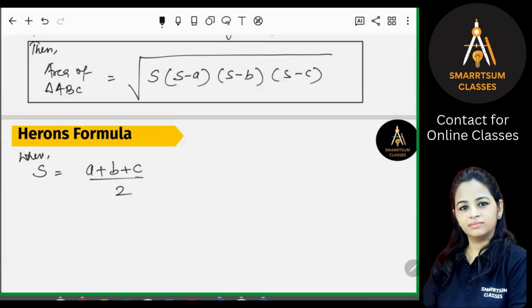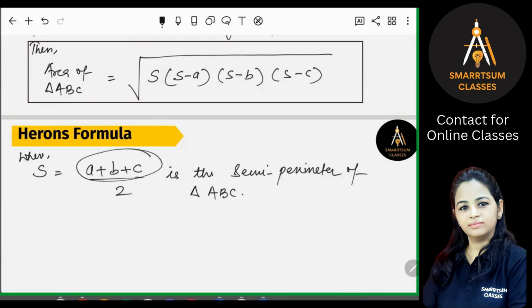And this is the semi-perimeter of triangle ABC. So what is a plus b plus c? This is the sum of the sides of the triangle, and the sum of all the sides of the triangle is called the perimeter, and this is divided by 2. That means this is half of the perimeter of the triangle ABC. So if we don't know the height of the triangle and all the three sides are different,